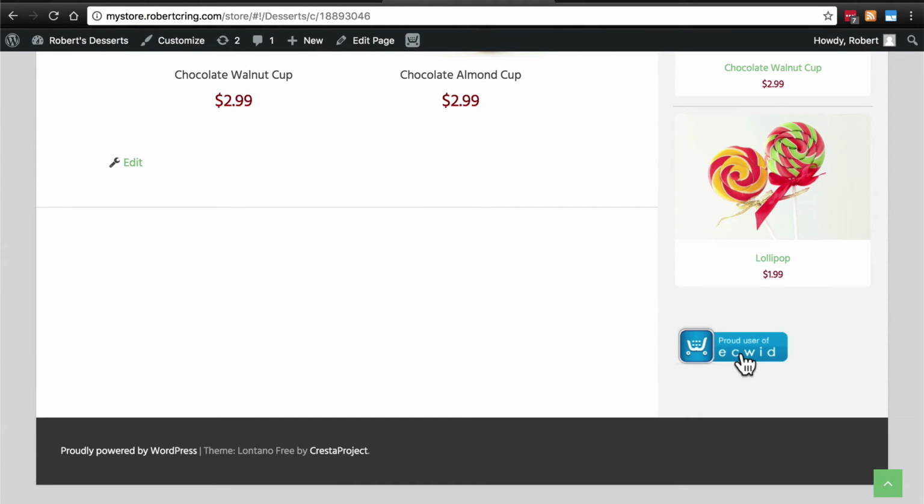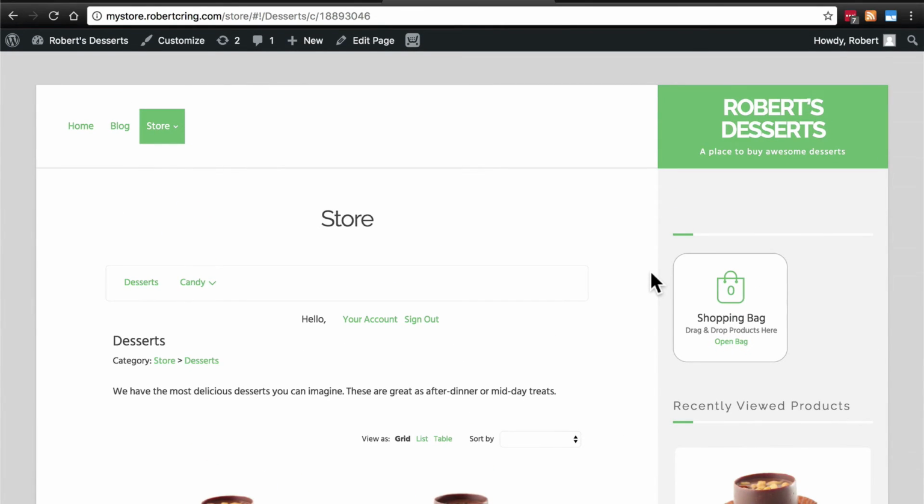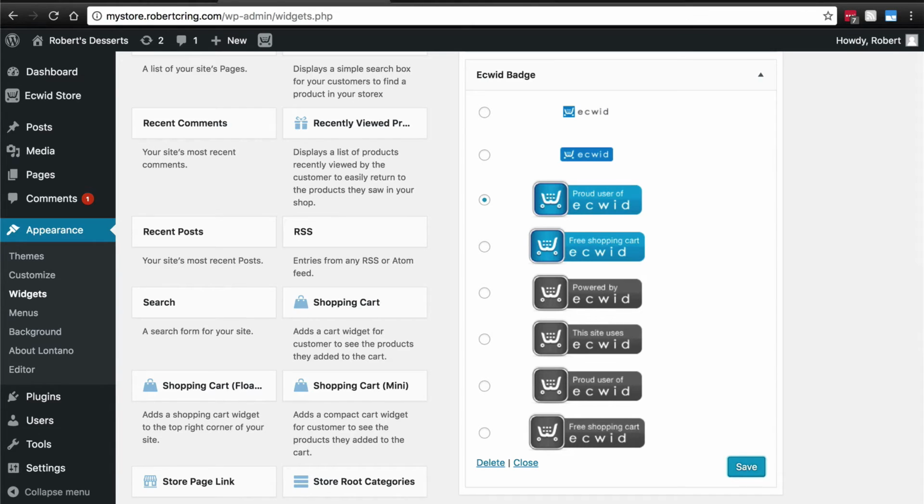This can be good if you want to make sure your visitors know that your store is built on a reliable platform. So those are the things we can do with the widgets. Those are the widget options that the Ecwid plugin provides. Let's go back to our backend once again